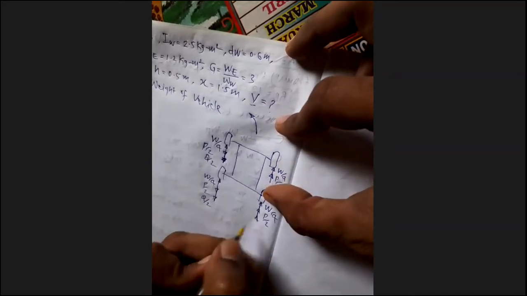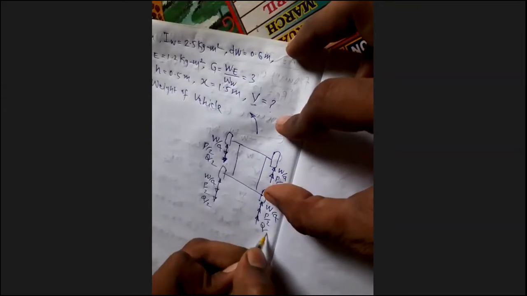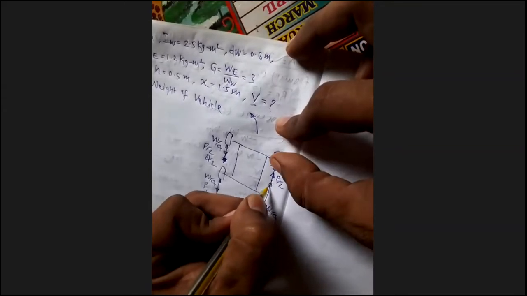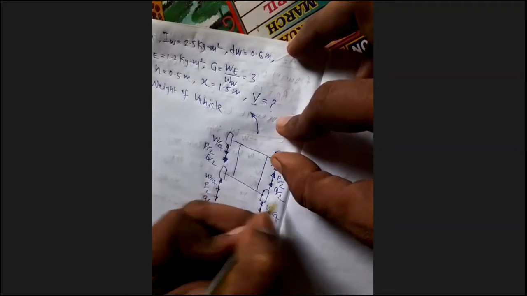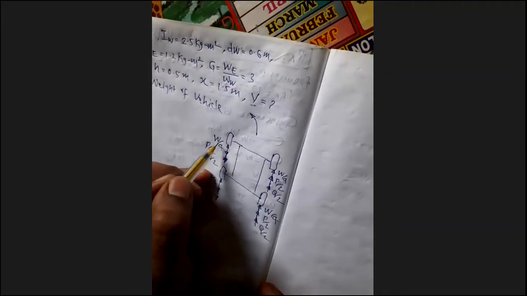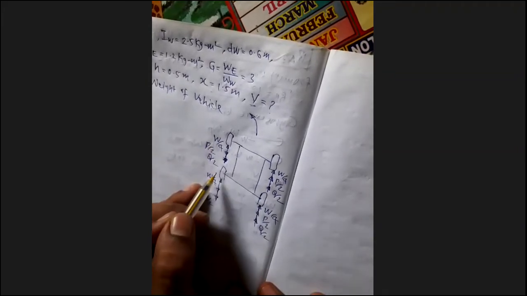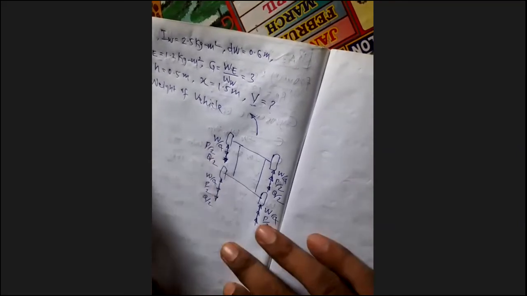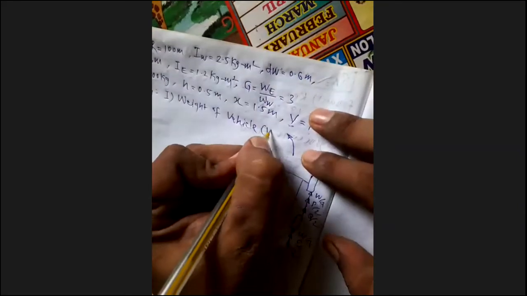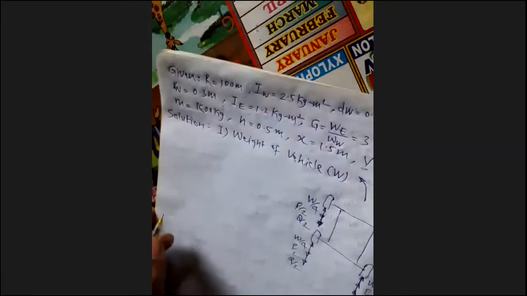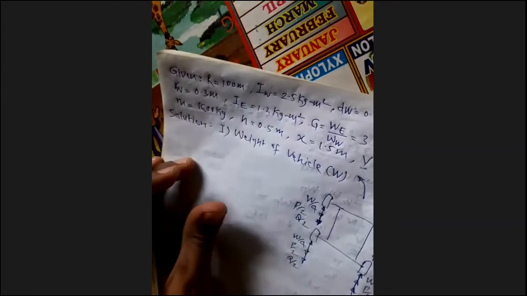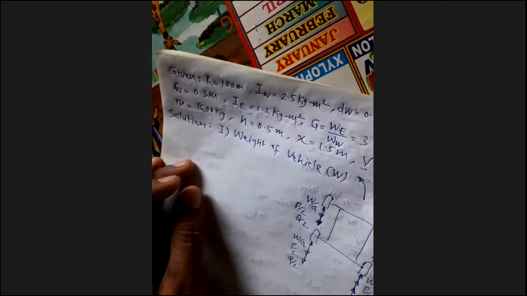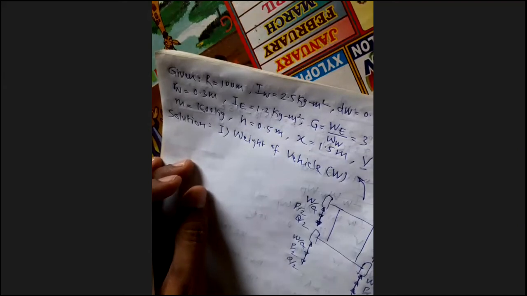and upward on outer wheel. Okay. So in order to find reaction on each wheel, we have to find W by 4, P by 2 and Q by 2. So let us first find W by 4 by considering the weight of the vehicle W. Now as it is given that the CG of the vehicle lies centrally to all the four wheels, that means the reaction on all four wheels will be equal.